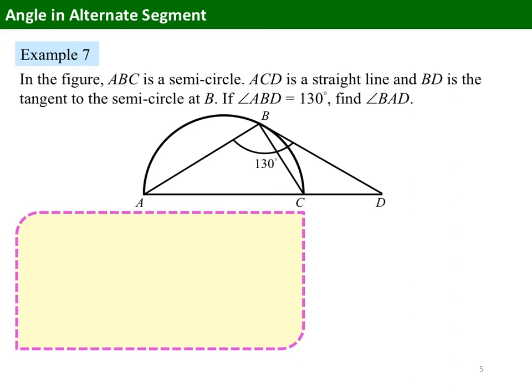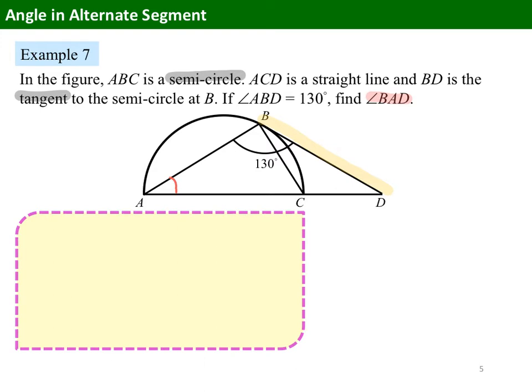Example 7. Mark the keywords: semicircle, tangent, and the question is find angle BAD. This angle. BD is the tangent, and